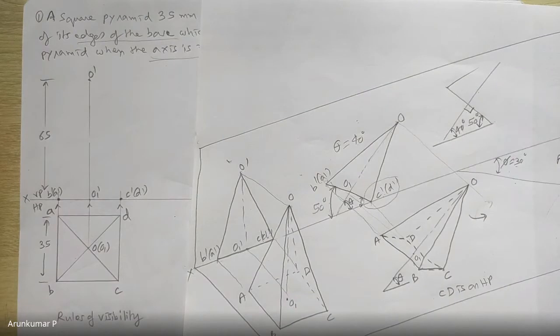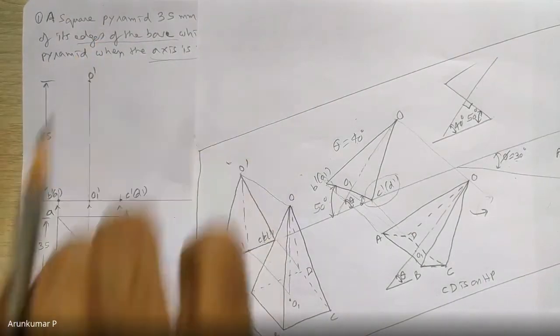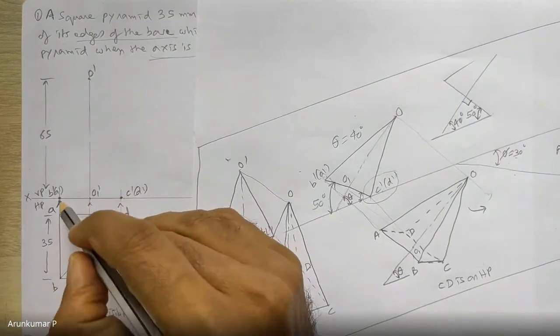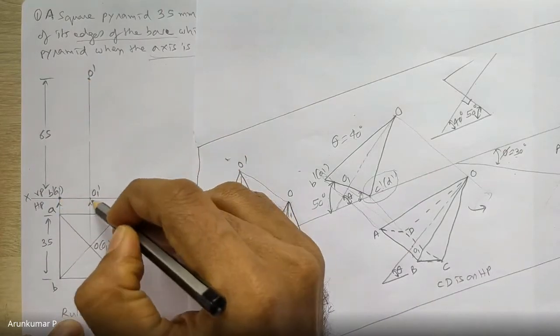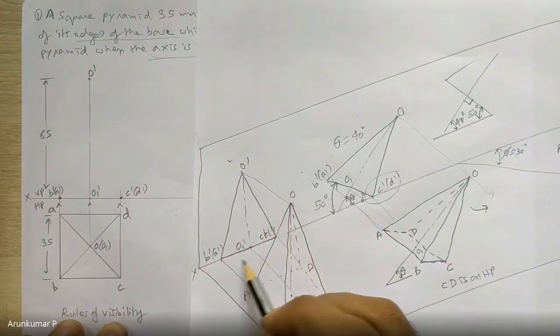So basically what it means is, how do you identify the hidden edges and the edges that are seen, that are not hidden. So these rules will help you to do that. So let us try out the rules to get the first step front view. So the first rule, please note down, all these points, you take O dash or B dash, A dash or O1 dash or C, all these have to be joined by lines to get the front view.